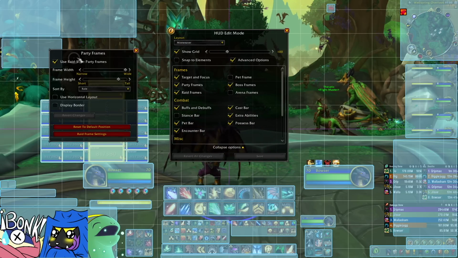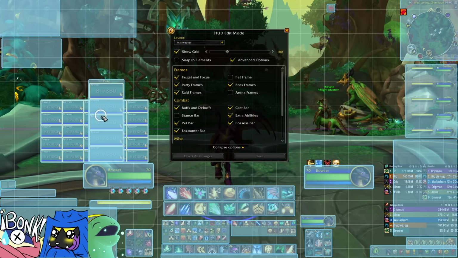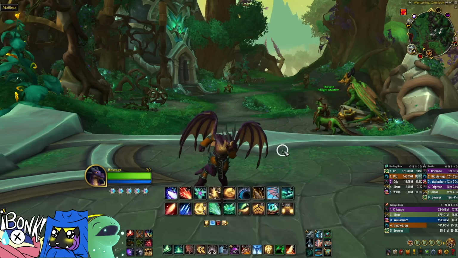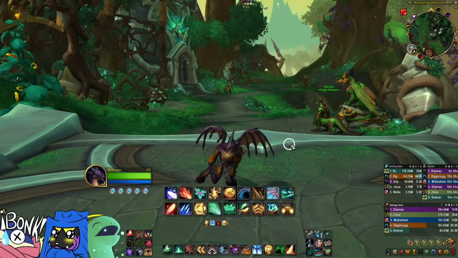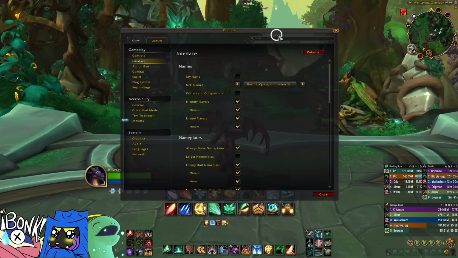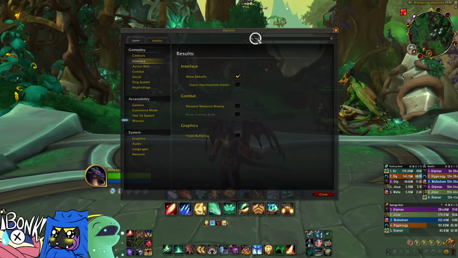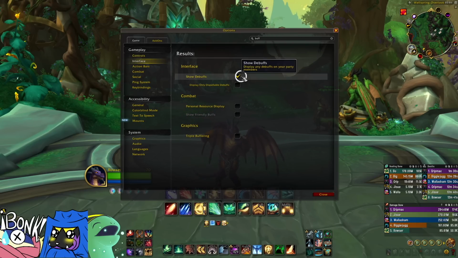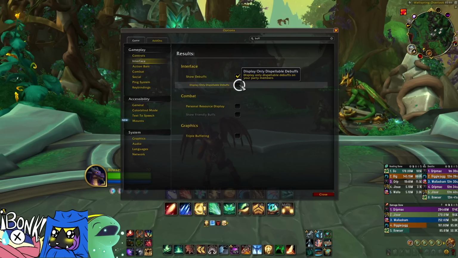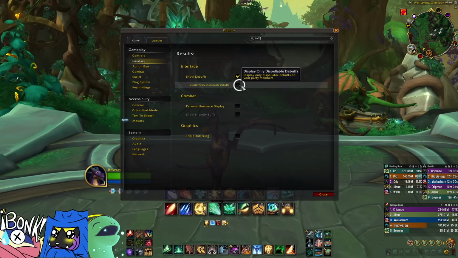These are raid style frames. If you're trying to figure out how to get these, you can also just import the whole layout if you like it. But there's a couple of very important options I want to go over. First things first, type buff into the search bar, show debuffs on, but display only dispellable debuffs off. This is good for seeing things such as bursting and bleeds and poisons and diseases when you can't necessarily manage it, so that you know it's happening, which I think is a very important thing as a healer,